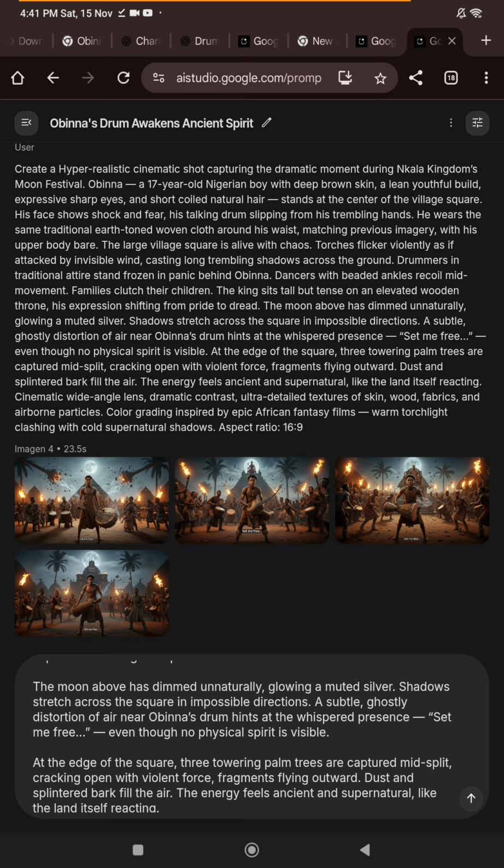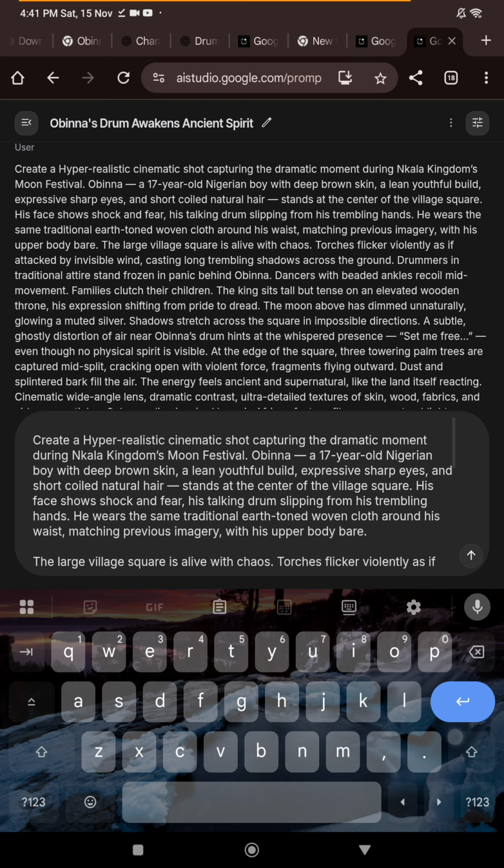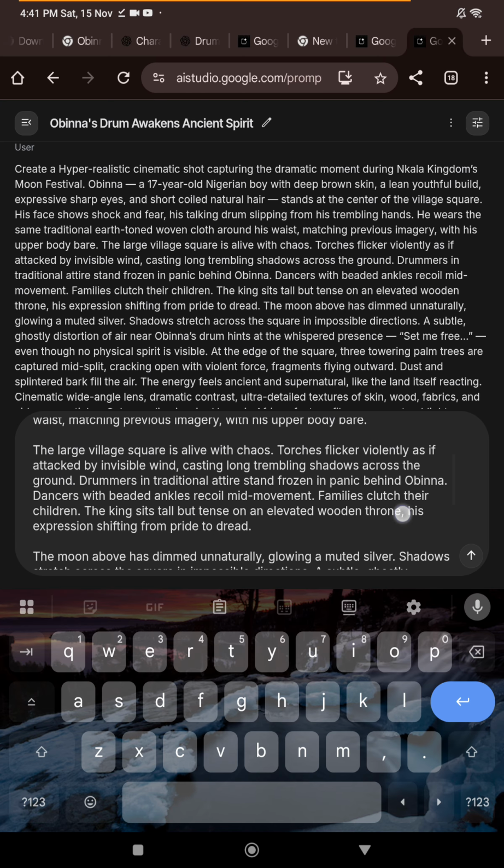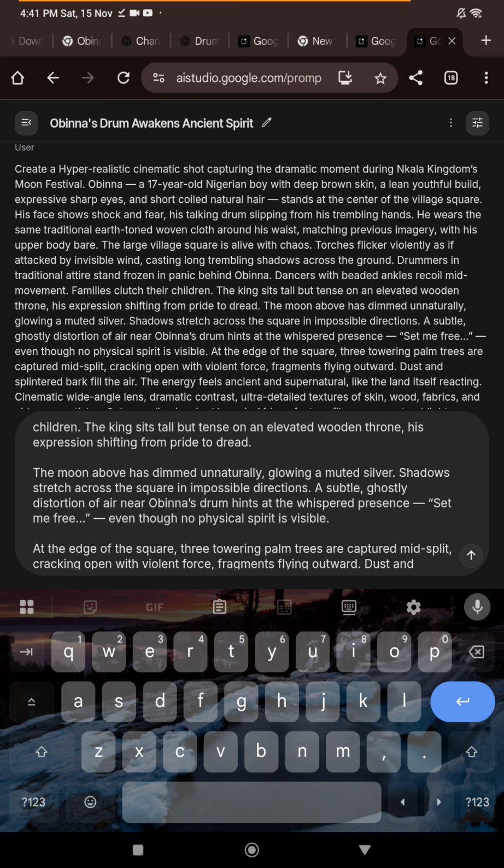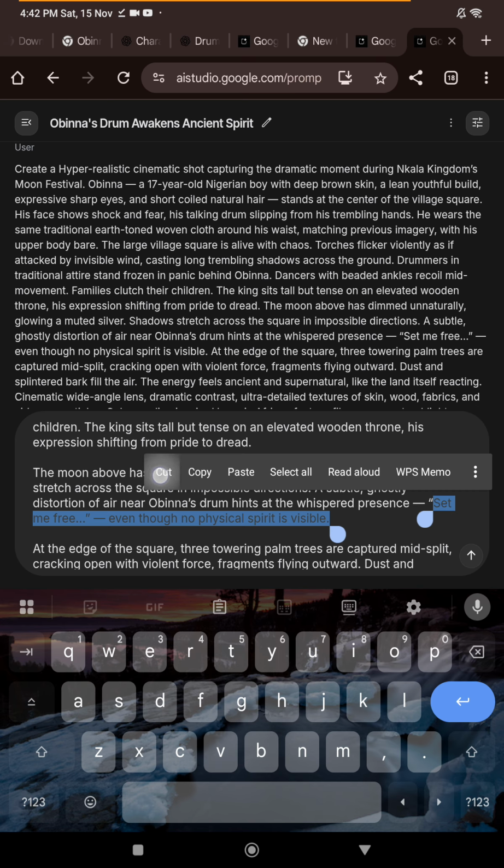"A subtle ghostly distortion of air near Obina's drum hints at widespread presence, set me free." Okay, I don't want this "set me free" to be in that image, so I can just remove this